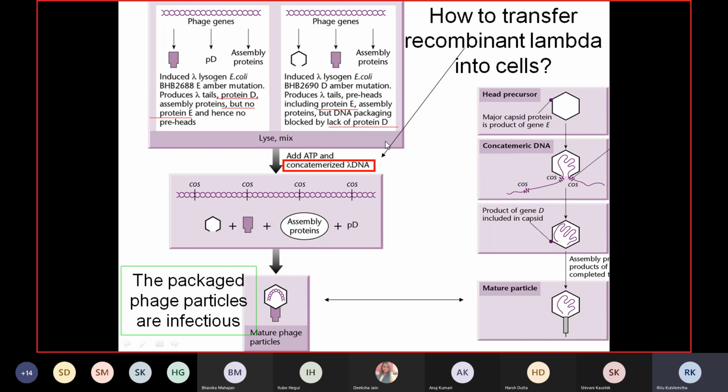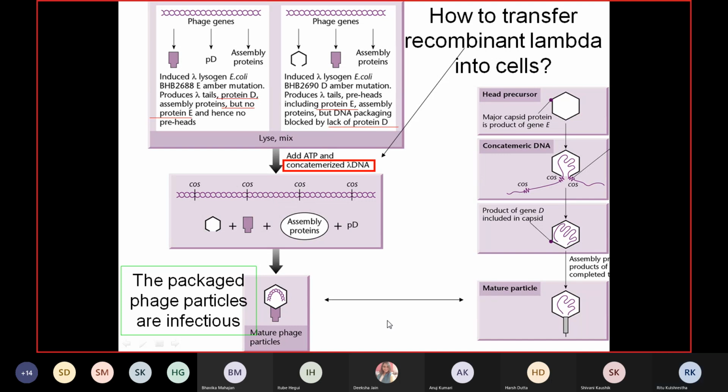particular phage after inducing it from this particular E. coli, and they combine it with, let's say, a purified protein D, and with concatemerized lambda DNA, the one that you made. Then what will happen, because now all the proteins are there for the assembly of the phage, and they have this concatemer DNA, so these will be packaged into the phage head, and we'll have a mature phage